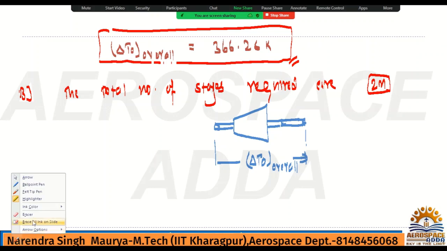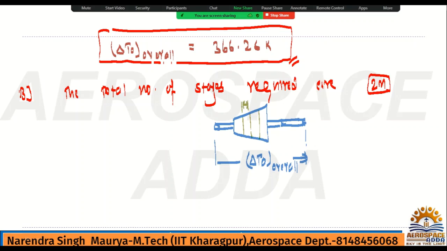We have many number of stages, we don't know. For one stage, if we have the value for one stage, then the total number of stages you can calculate. So what is the number of stages formula? Number of stages is equal to, what would be the formula? Simple mathematics only. So total number of stages will be the total